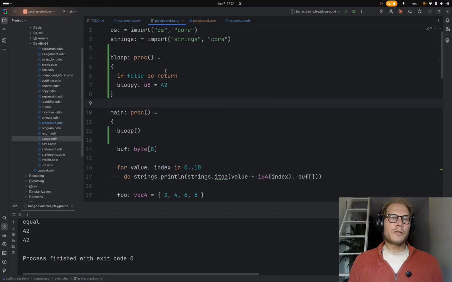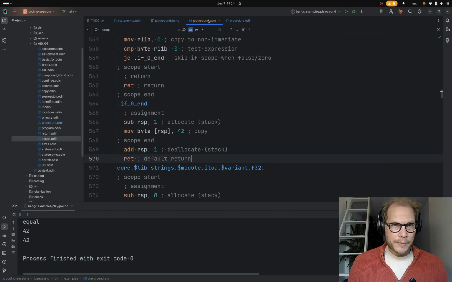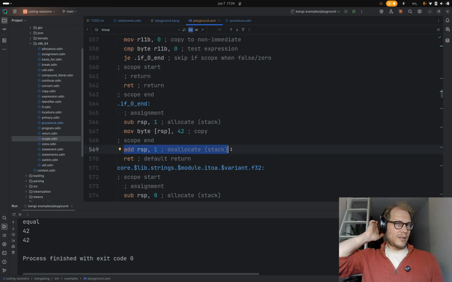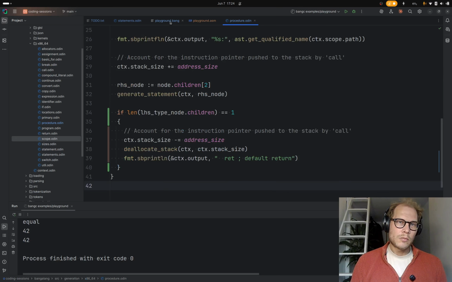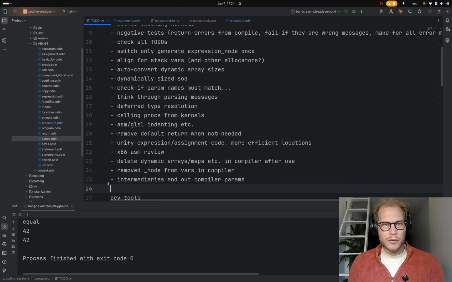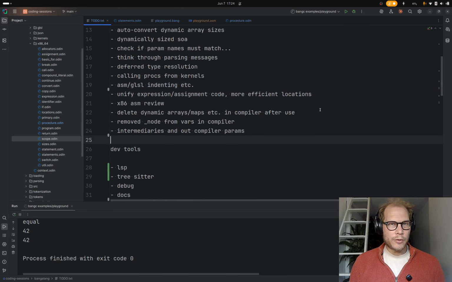And it's not so much a code optimization. Well, I guess it could affect the instruction cache, the I cache, because you're putting pointless instructions in the assembly. But I digress. I think this is enough for now. We do have this, no, that deallocate is also needed. Yeah, I think this is good enough. So I'm going to take this off, remove default return when not needed.